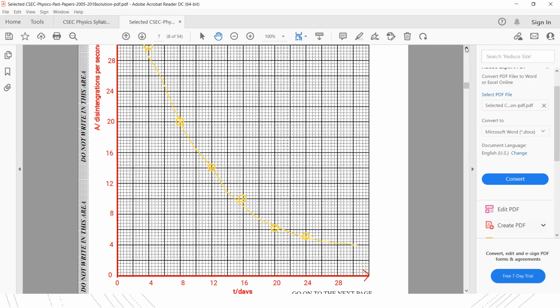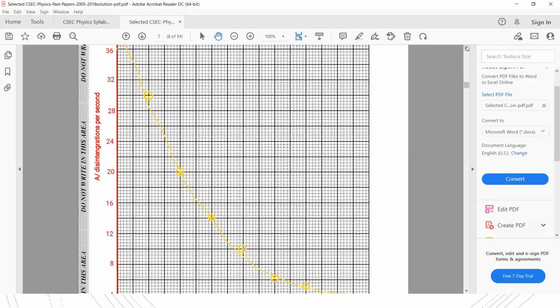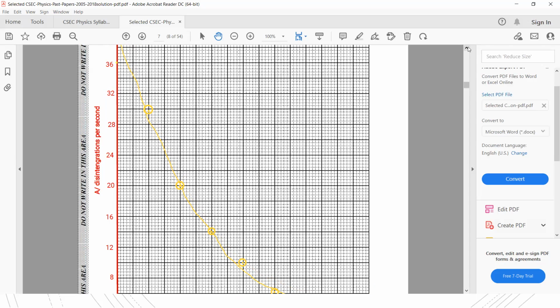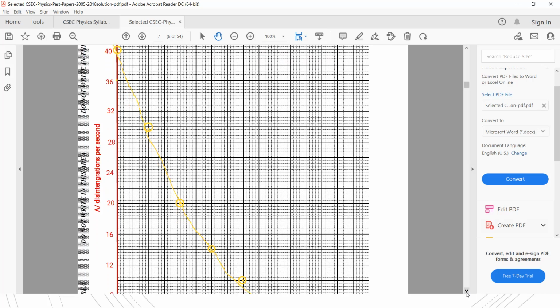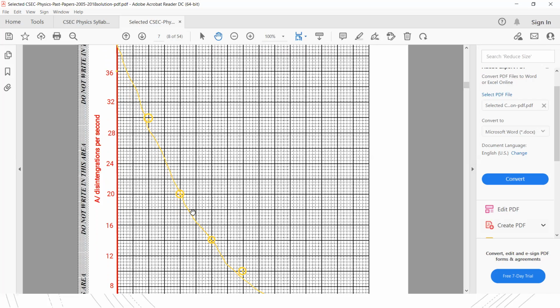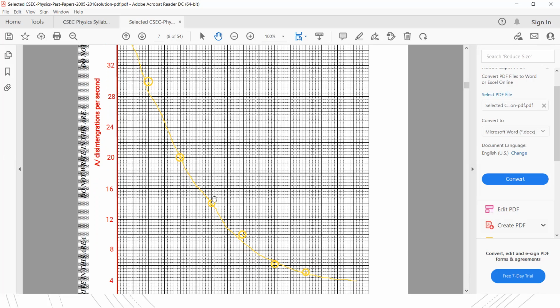But you may want to make sure, because sometimes the points are scattered based on errors in the experiment, but you are to look at the trend that the points show. If they show a curved trend, like in this case, and you can know based on the type of question, it's a radioactivity question, and radioactive decay occurs in an exponential manner, so you won't get a straight line with exponential decay. So you get a curve that slopes downwards, right? But if they really don't ask for a gradient, and it's not exponential decay like radioactive decay, you can be sure it's a curve. So we have a curve here,